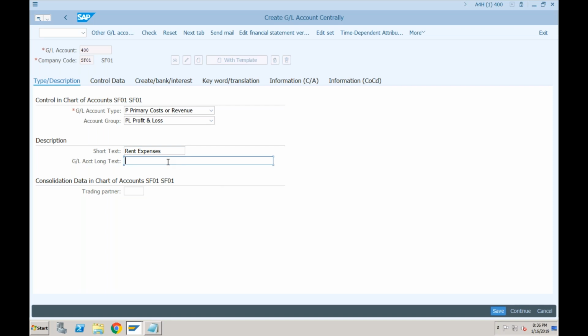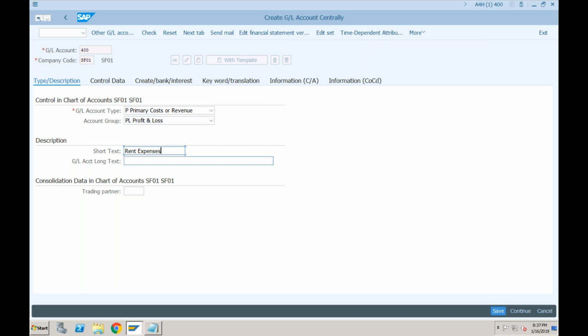Okay, so rent expenses. If you remember in SAP ECC, whenever we were creating any GL account, and for this GL account we need to send the data to CO, there was a button here, edit cost element, in which we were providing the cost element category: 01 for expenses and 11 for revenues, and for secondary there were multiple different cost element categories available, right? But now there is no button for edit cost element. So what will happen now?